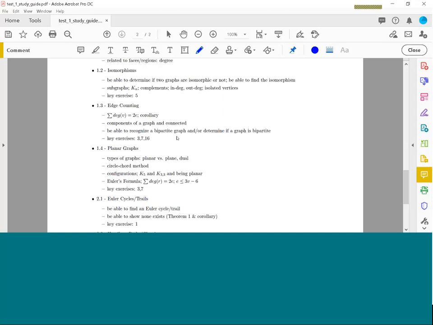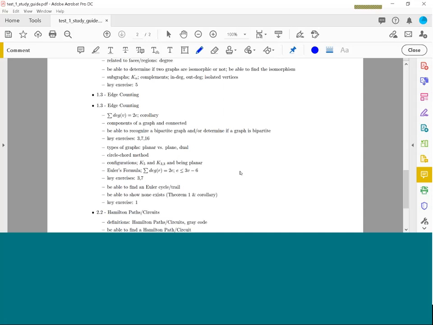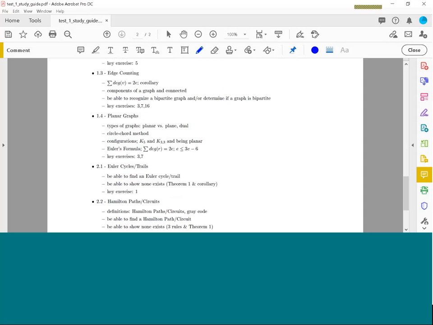We looked at determining if a graph was bipartite. This was the one where it wasn't just being able to draw the graph so that all the vertices were in 2 rows or 2 columns. This was where you looked at those circuits, and the circuits need to have an even number of edges in them, or an even length. Planar graphs, and this is actually the questions you guys were asking. Knowing the difference between a planar graph and a plane graph, and what a dual graph is,